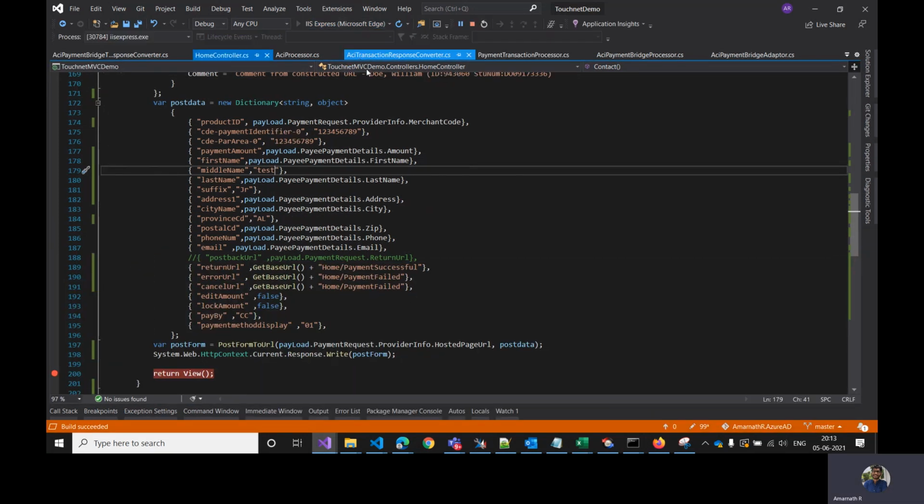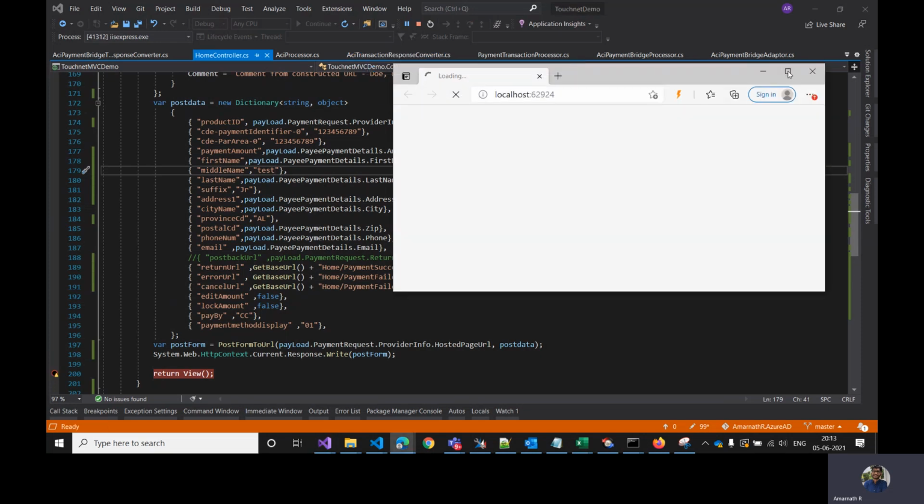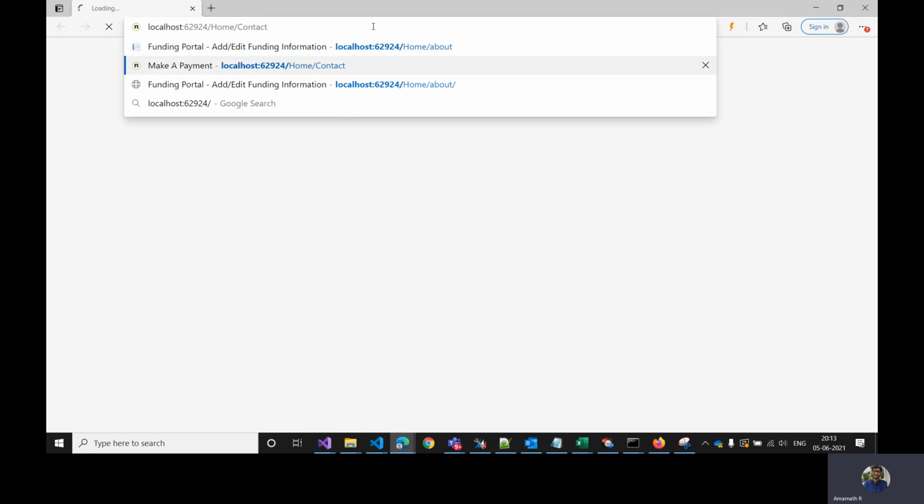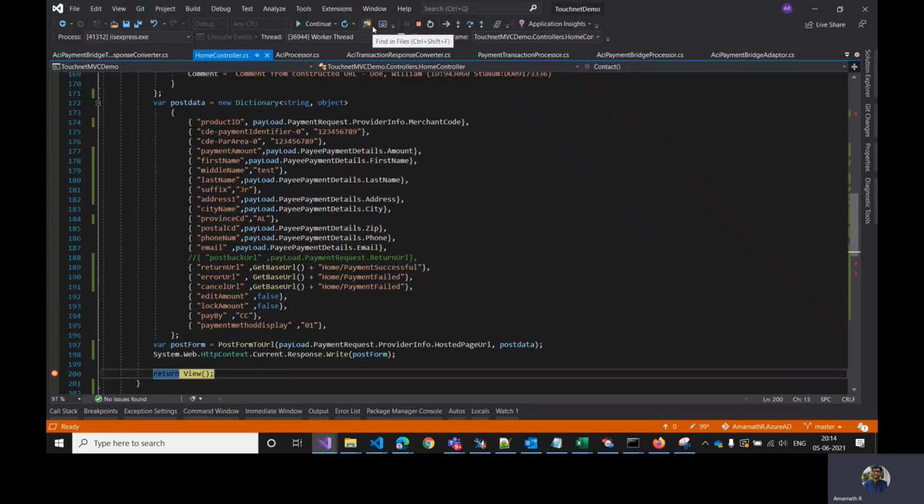The error was showing that the middle name is empty and cannot proceed. It cannot process that name. So if we are passing parameters, we need to make sure they're not null parameters. If it is null, we need to remove those from the post form data. So it's again hitting that. We have the post data.